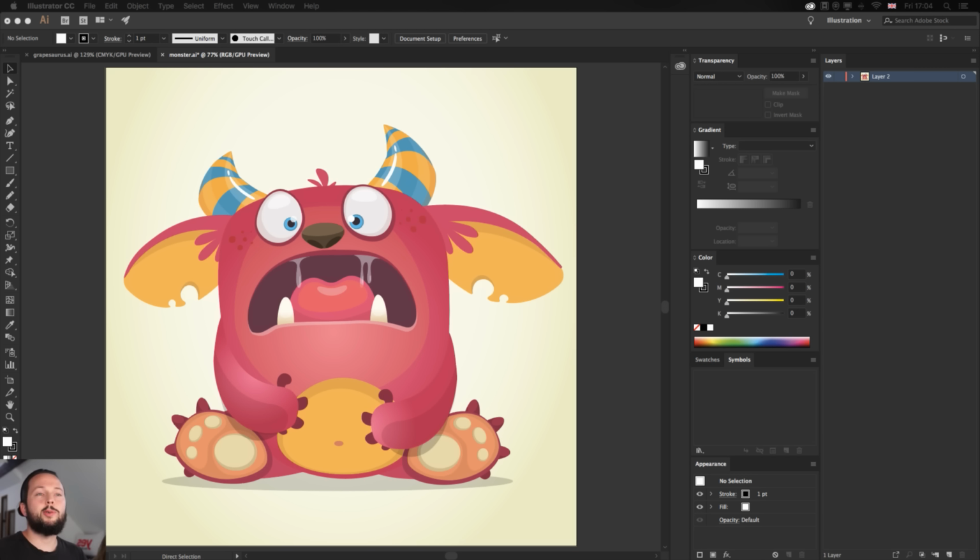Okay. So we have this example open in Illustrator, and this is actually a stock graphic which we use for our live stream. The reason I have this up here is because I wanted to start off with this really cool example showing how a vector graphic can work, and how you can create a character with fully vector graphics.